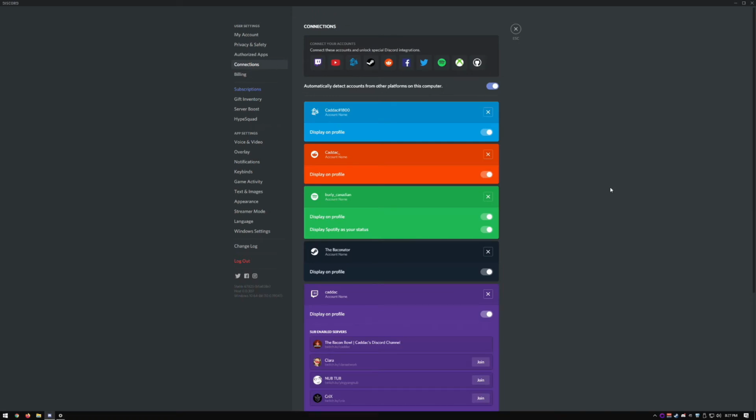Connections are also very nice. You can do all of the typical gaming platforms. For example, you can do your Spotify, and as you can see here, you can display what you're playing, your music, as your status, which is really nice. You can choose whether or not you want these to be displayed on your profile, so that if someone goes and clicks on your profile